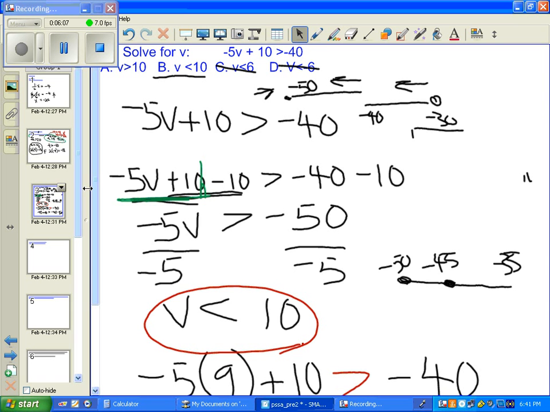This is a little trickier than some of the problems. Probably this is one of the more difficult problems on this test that you took. I would strongly urge you